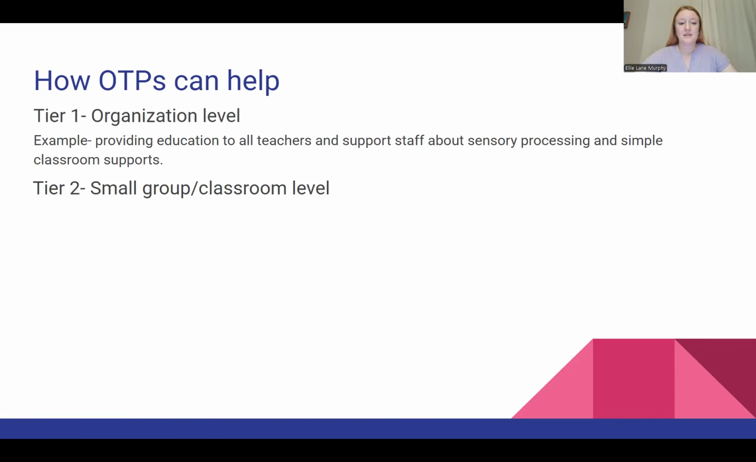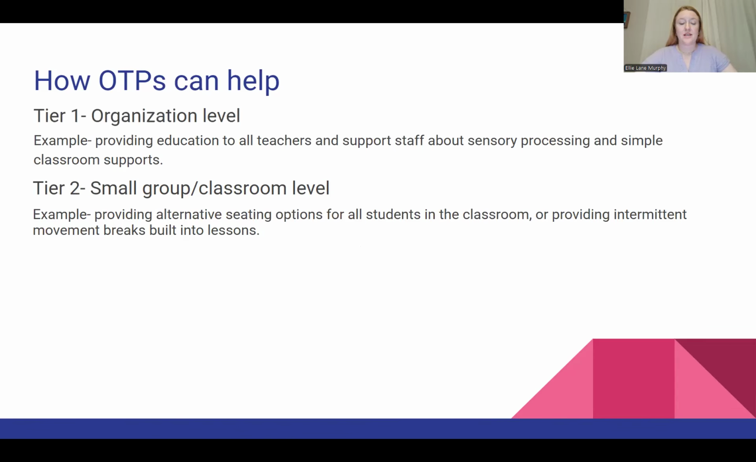So this can be stuff like providing alternative seating options for all the students in the classroom, providing intermittent movement breaks, giving kindergartners more recess than you give fourth graders, that sort of thing. It's not as specific as individual treatments are, but it's not universal learning strategies the way that tier one interventions are. Tier one and tier two should always be tried first to provide the least restrictive learning environment for all